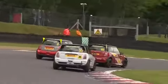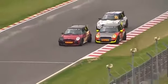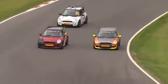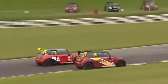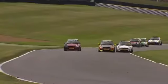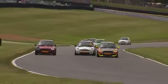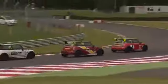So around the outside goes Hamish Brandon, sprints down the hill out of Druids to the inside line into Graham Hill Bend, and through he goes, or does he? Brandon certainly has the pace. He gets his elbows out, pushes Shane Stoney out wide, but Stoney keeps his right foot firmly planted. And this could give Ricky Page a very good opportunity here, as Brandon finally goes through and takes the lead